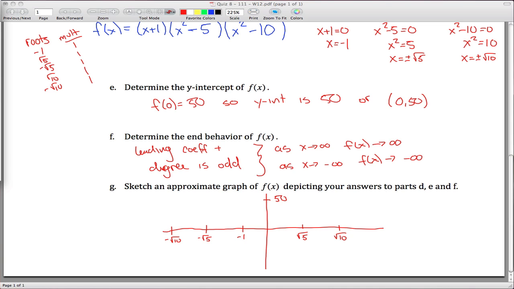And then what do we have? The end behavior is positive on this side and negative on this side. And the multiplicities are all 1, so my graph is going to hit all of these roots and go right through them, not bounce off. And then it also has to go through this intercept, so an approximate graph would be something like